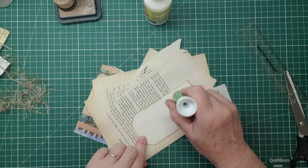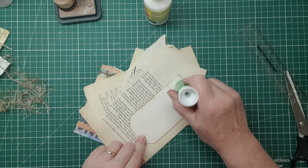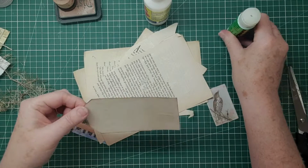And we'll do panels, I think, on this one. So